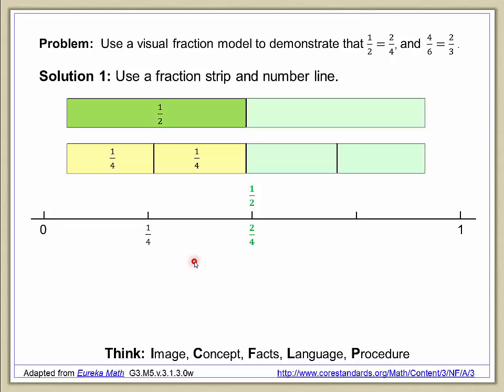However, it's based on being able to draw very accurately these breakdowns of the number line. Next, we'll look at 4/6 versus 2/3. You'll notice that we didn't do that with the fraction strip, primarily because we're trying to move students closer to procedure and the abstraction of the numbers here. So I just didn't illustrate the 4/6 and 2/3 as a fraction strip,